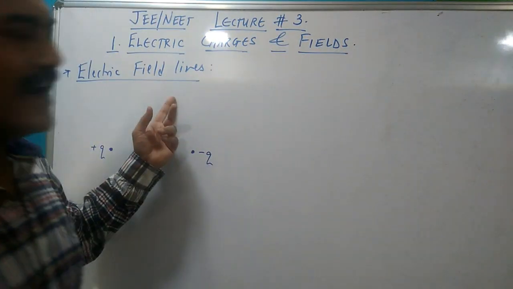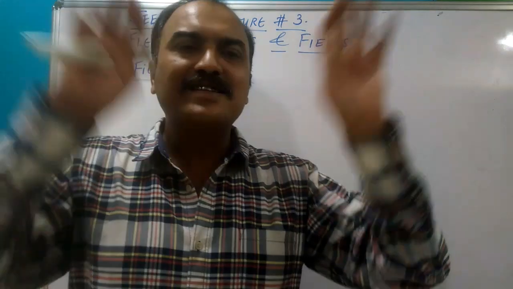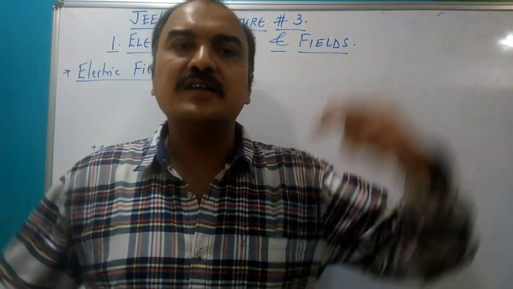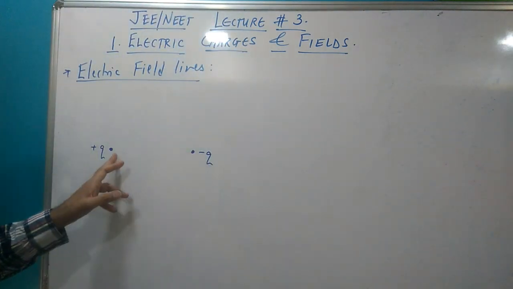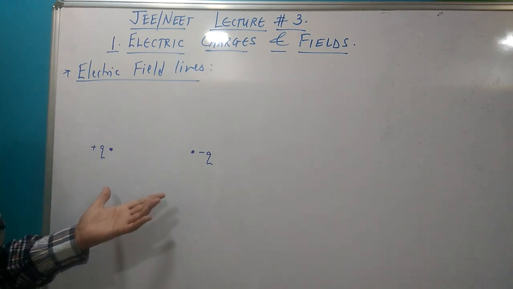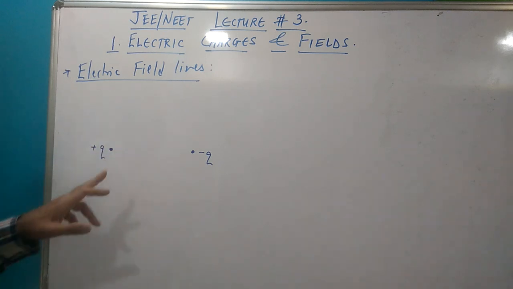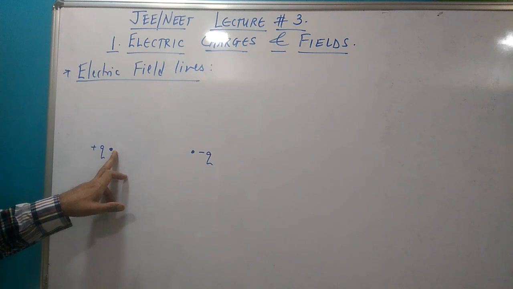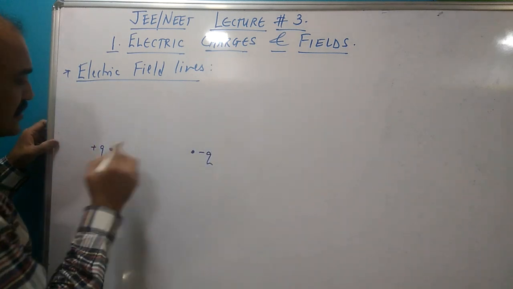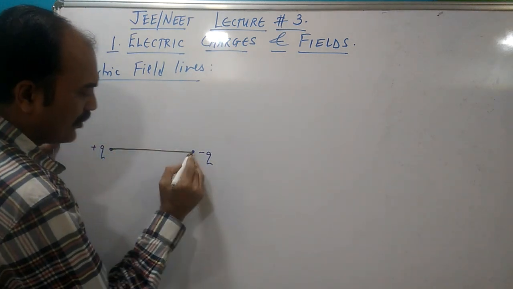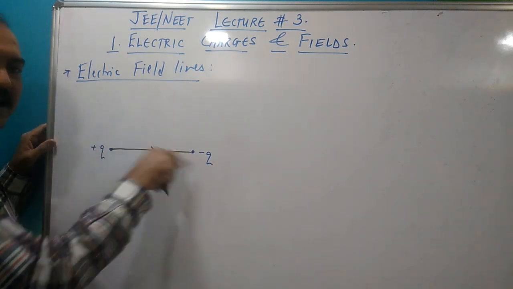Let us start. The idea is electric field lines. Now, we know for a positive charge, electric field lines come radially outwards. For a negative charge, electric field lines come radially inwards. But what if I have such a system? Plus Q, minus Q charge, what would be the illustration of the electric field for this arrangement? Always remember the first idea, the first point, electric field lines come out from positive charge and they enter into negative charge. So the field lines would be of this idea. If you're looking carefully, can you see field line is coming out from positive charge and entering into negative charge?